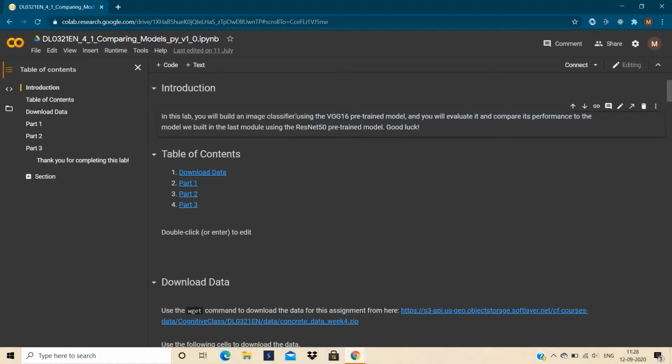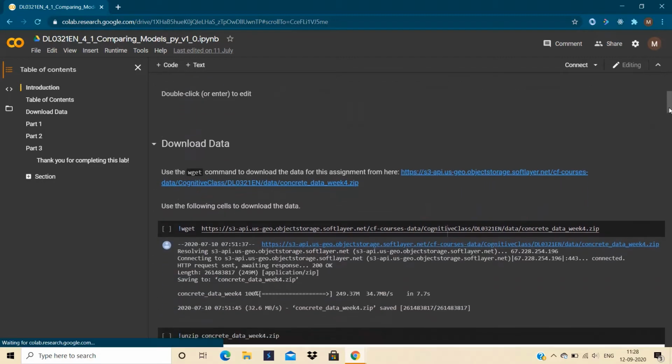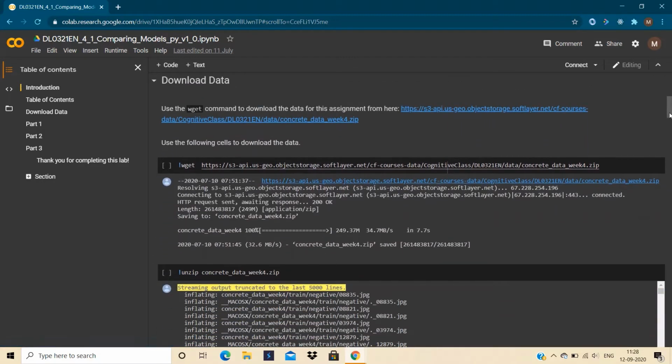So this is the notebook that I am using for this tutorial. The previously trained model is in another notebook, but the code that I had provided in the description contains a single notebook containing both the models and the comparison as well. But in today's tutorial, the notebook that I am using contains only today's model that we are going to train and the comparison that we are going to perform.